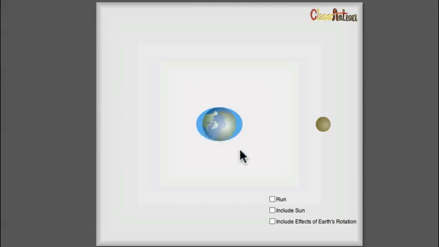Again, not to this extent, but there will be a high tide on this side of the Earth and a high tide on this side of the Earth and low tides at these points because of the tidal deformation that we discussed. And of course, as the Moon orbits the Earth, the tidal bulge will point towards the Moon, and